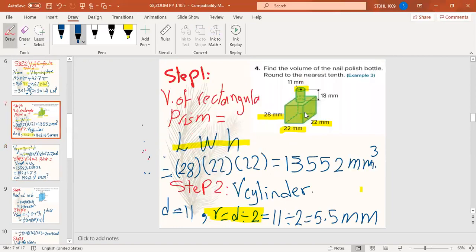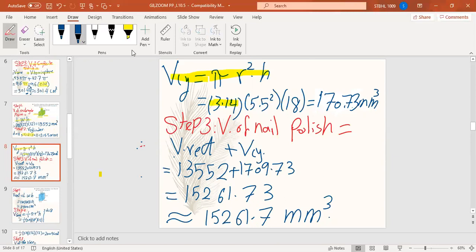And again, let's go back to the figure. The figure here is a nail polish bottle, which consists of a rectangular prism and a cylinder. We already found the volume of both, and the cylinder is stacked above the rectangular prism. So we will add both volumes together. So volume of the nail polish equals volume of rectangular prism plus volume of cylinder, which is 13,552 plus 1,709.73 equals